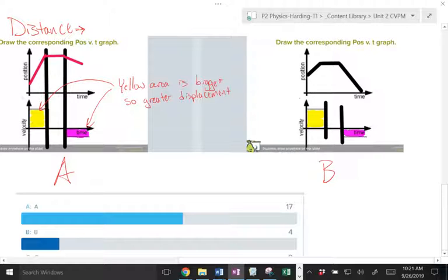Yellow area is bigger, so greater displacement for that part of motion. Okay, and then this is a little bit smaller at the end. So there's a smaller negative displacement